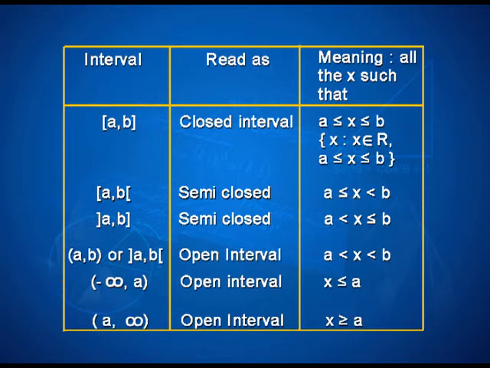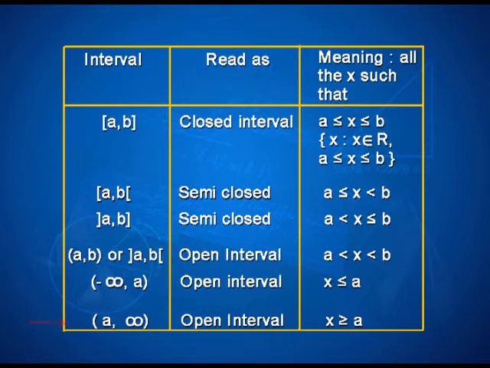Note here that minus infinity or plus infinity, wherever taken, will always have an open bracket and never a closed bracket, as one can never reach minus infinity or plus infinity. So, minus infinity A is an open interval depicted as all the values which are less than A. A comma infinity with an open bracket depicts an open interval again with all the values which are more than